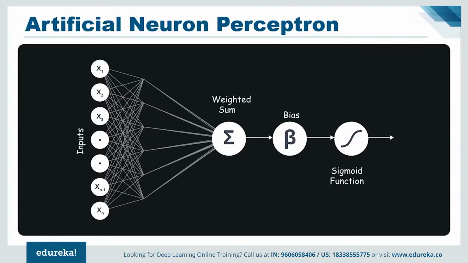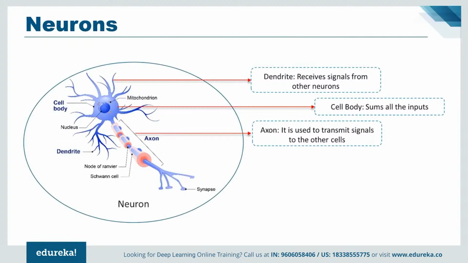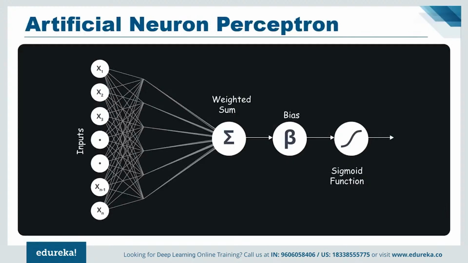Now let us understand the functionality of the biological neuron and how we mimic this functionality in the perceptron or an artificial neuron. If we focus on the structure of a biological neuron, it has dendrites which are used to receive the inputs. These inputs are summed in a cell body and using the axon it is passed on to the next biological neuron as shown in the above image. Similarly, a perceptron receives multiple inputs, applies various transformations and functions, and provides an output. As we know that our brain consists of multiple connected neurons called a neural network, we also have a network of artificial neurons called perceptrons to form a deep neural network.